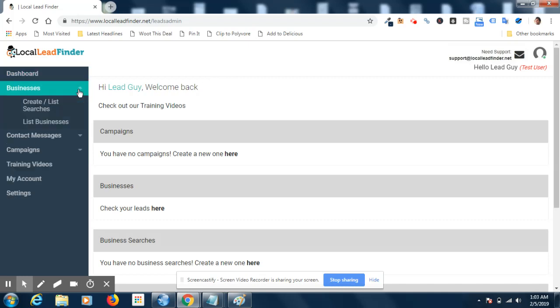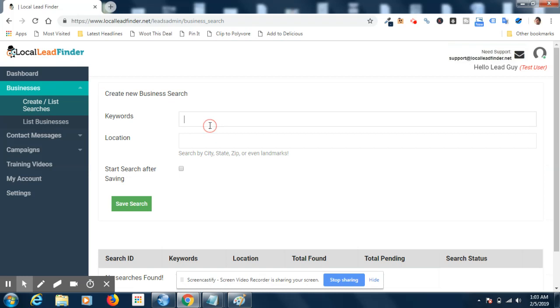The first thing you're going to do, if you want to find some local leads, is click on businesses and then click on create list searches. What this does is create a search campaign based on the keywords that you type in and the location. You can use a city, state, or zip code,